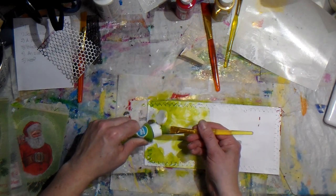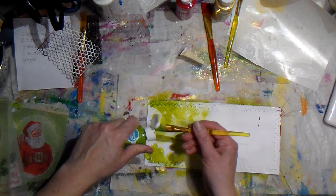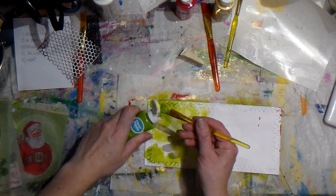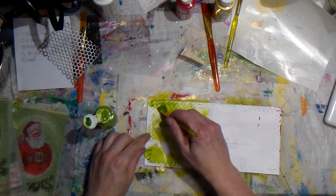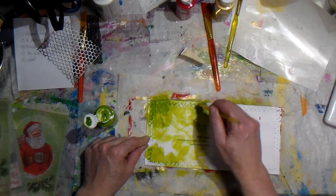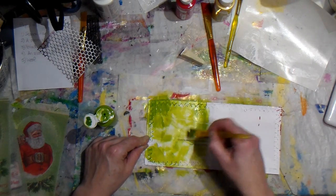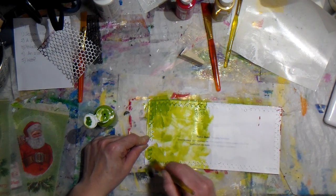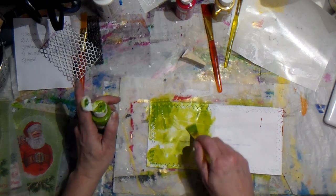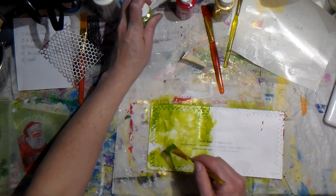I want to hide that purple. I'm running out of envelopes that are this size. I was looking all over for them. I don't have a lot anymore. I had a ton at one point and had to purge some stuff, so I kept the bigger size, but